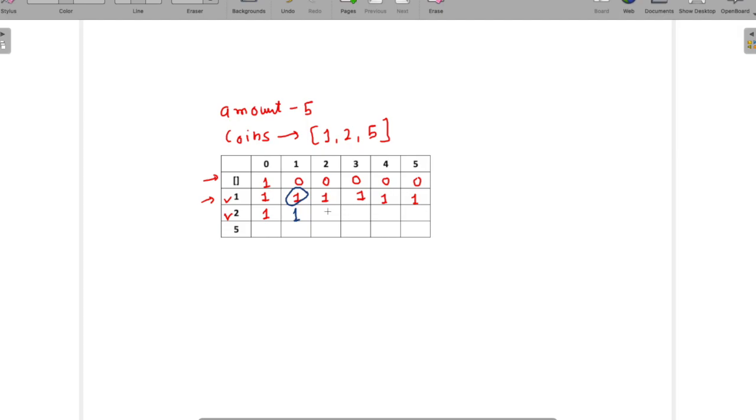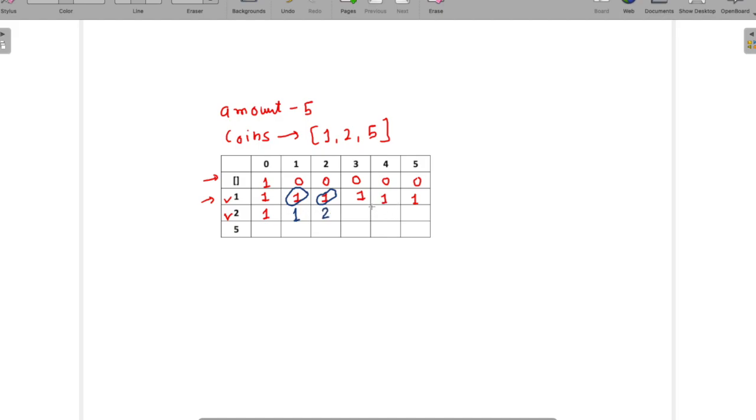When we have 2, in this 2 also we know one solution from the upper row, that this many ways we can achieve it. Is it possible to have a second solution? Yes, it is possible. Through the 2 we can create one more combination. So 1 plus 1, so it is going to be 2.